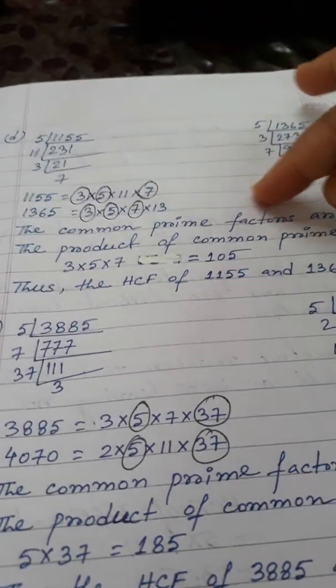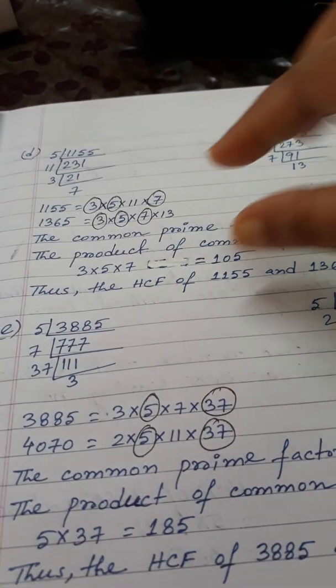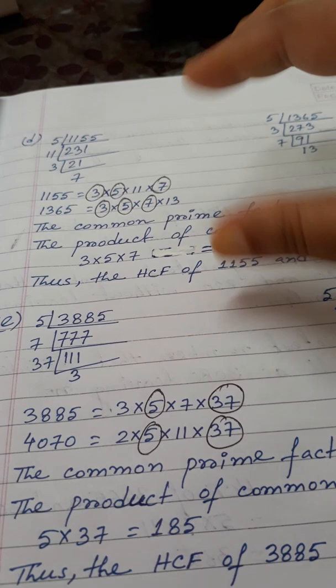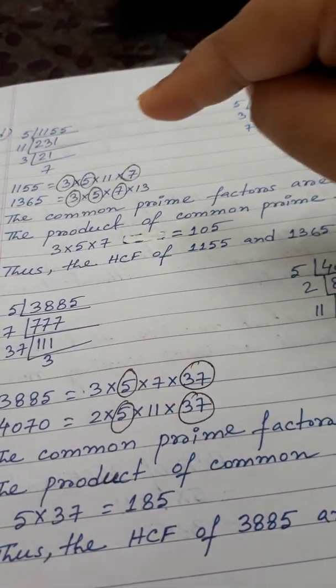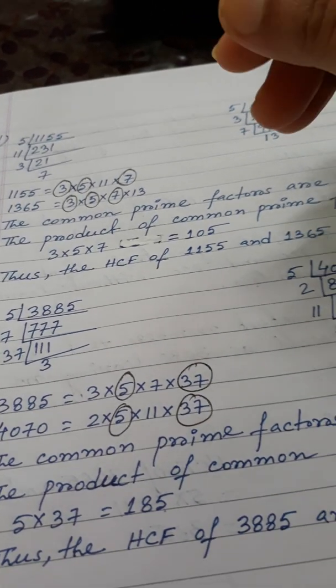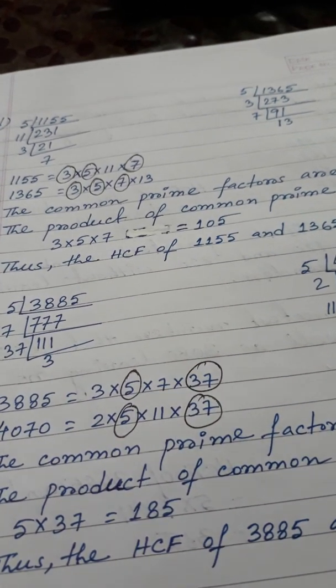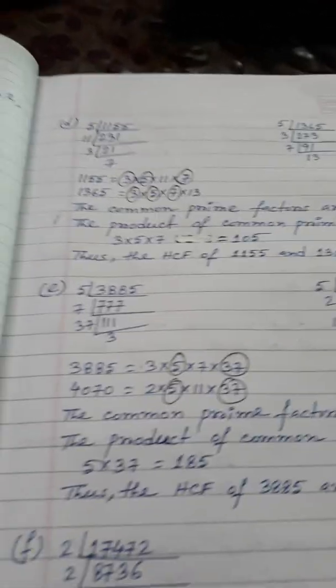This is question number D. Question number D can also be solved the same way. When you do it, please also write which digits are the common factors and the product of the common prime factors, and at the end you have to write down the answer like this. Okay, so next is question number E,